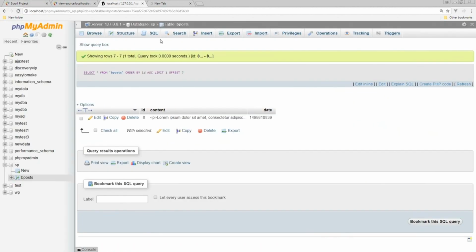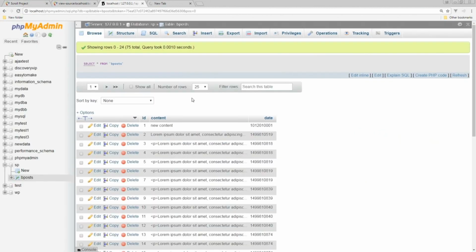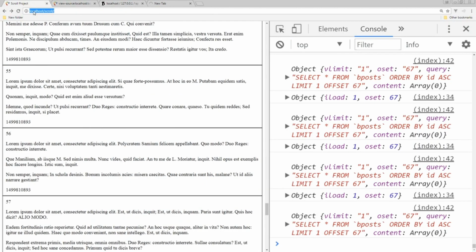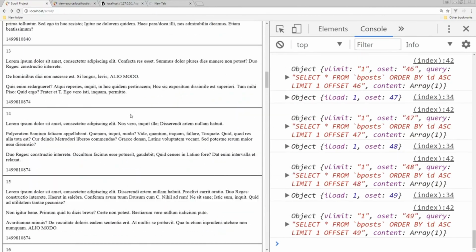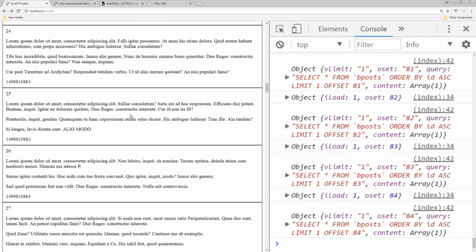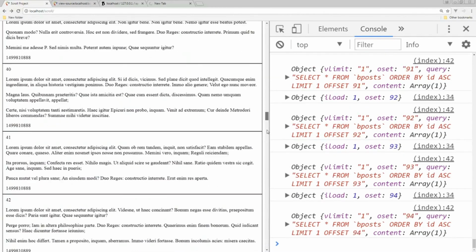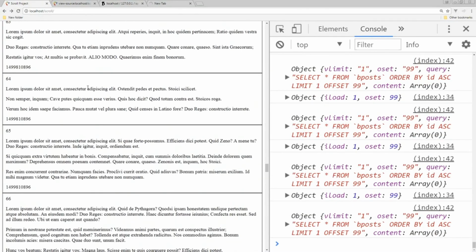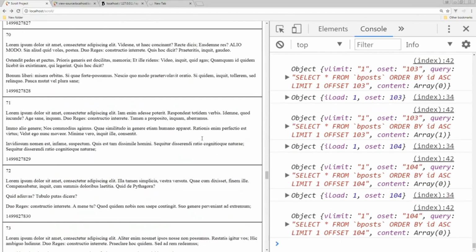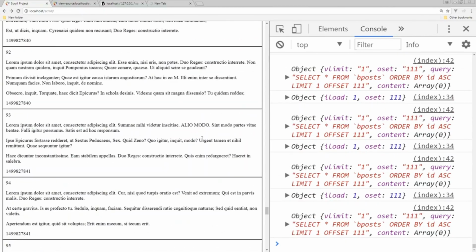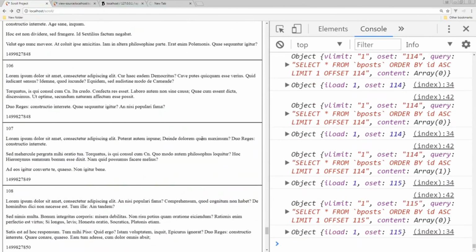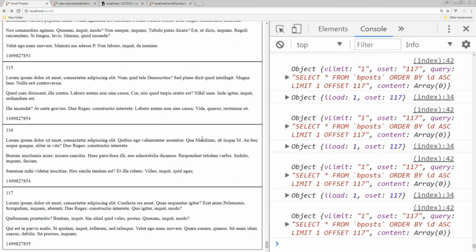And now when we go back into the database, we're going to have actually more than that 67. So when I refresh it here, we'll see that we can once again add all those new items. We can have that infinite scroll. So initially when the page loads, it doesn't load all the items, but it's only when you start scrolling that it's going to load all those additional items and allow us to scroll all the way down to the bottom. And once we hit the end of the entries in the database, then it's going to stop the scroll